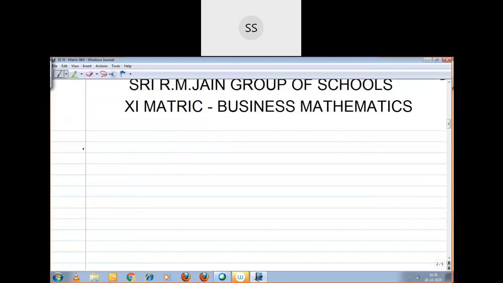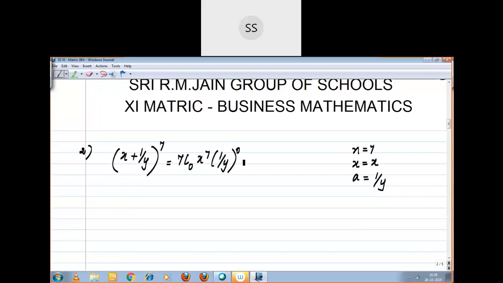Now, second sum, x plus 1 by y the whole power 7. Here, what is your n? n equal to 7. Your first term is x, the second term a is equal to 1 by y. Now, 7c0 x power 7 into 1 by y the whole power 0 plus 7c1 x power 6 into 1 by y power 1